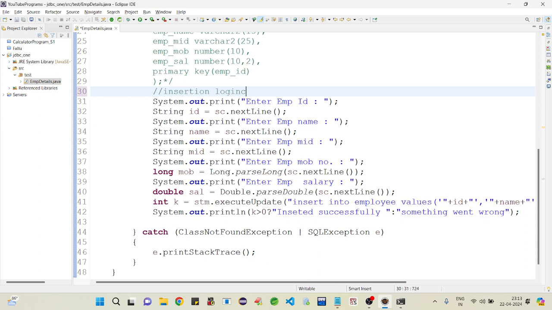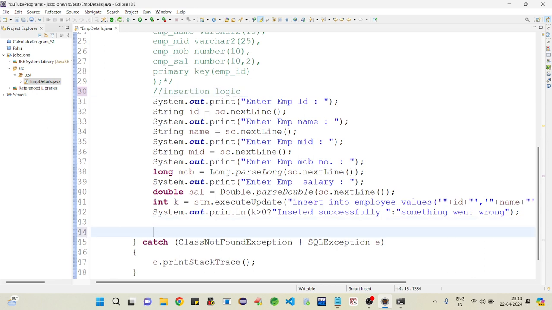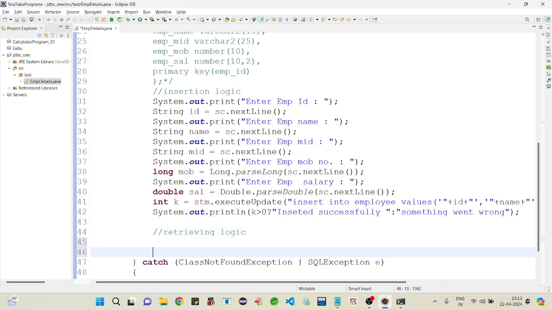That is the insertion logic. Now I am going to write the retrieving logic.